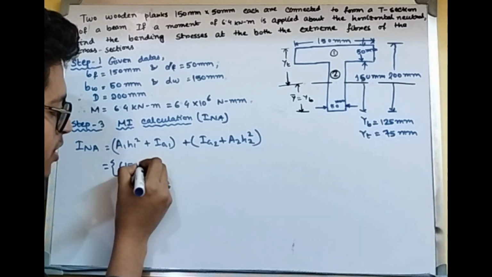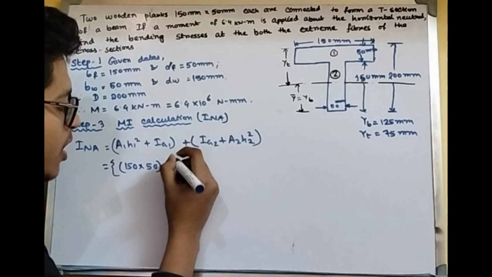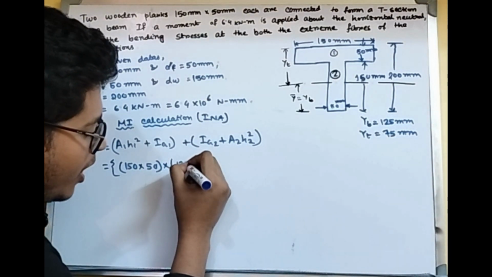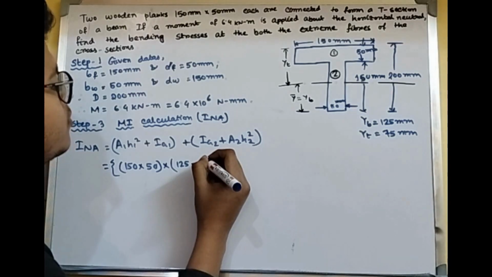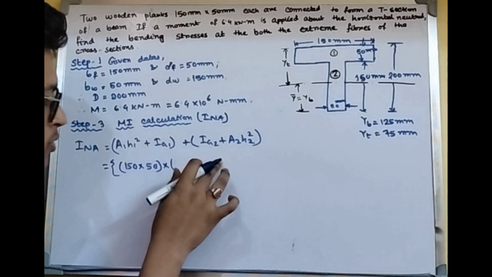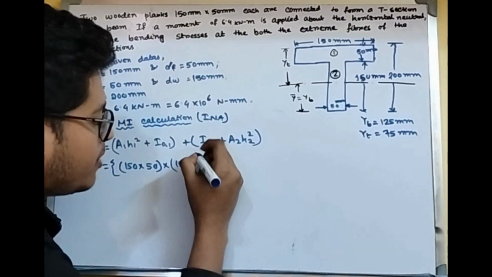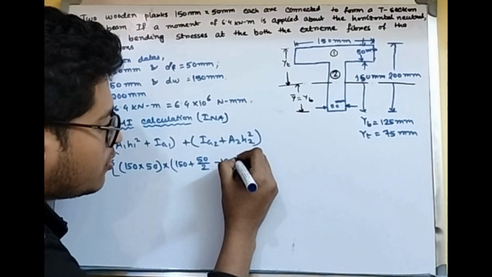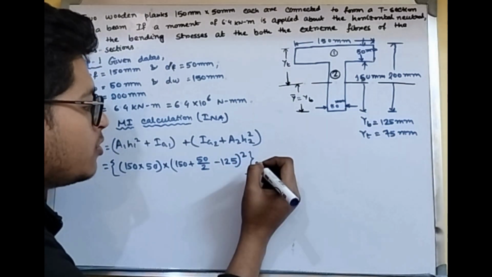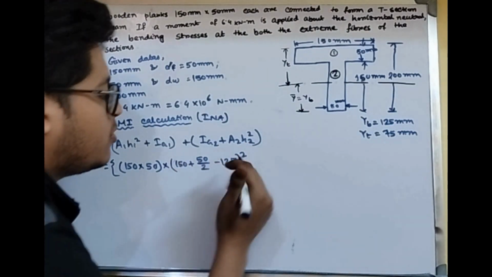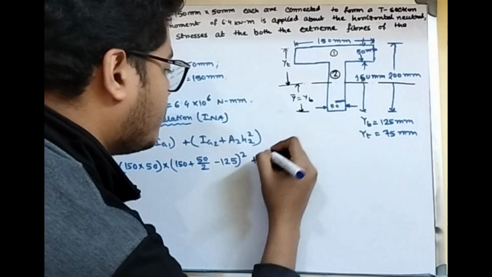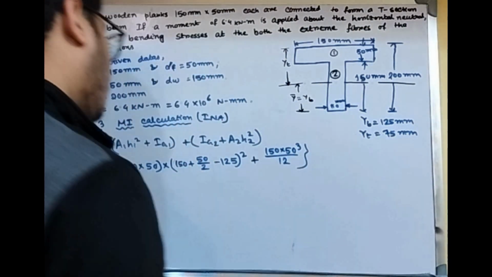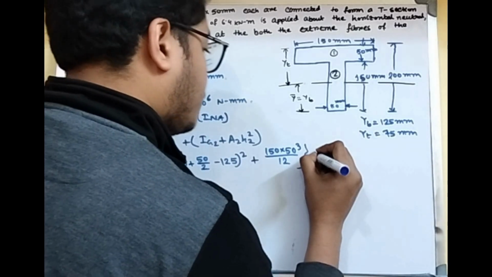A1 is equal to 150 into 50, H1 is equal to 125 minus 150 plus 50 by 2 plus minus plus BDQ plus